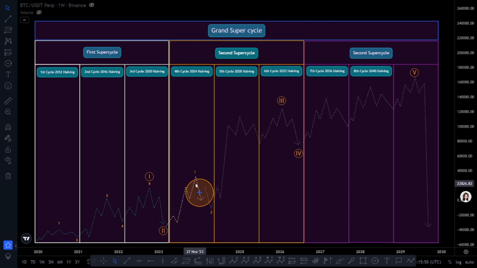The completed 5-wave pattern of the 2024 bull run or halving can again be labeled as Wave 1, and the upcoming market bottom will form Wave 2. Based on all this information, the 2028 bull run or halving will represent Wave 3 of this current second supercycle within Wave 3 of the grand supercycle. Therefore, are you prepared to ride the most impulsive and aggressive Wave 3 of the second supercycle within Wave 3